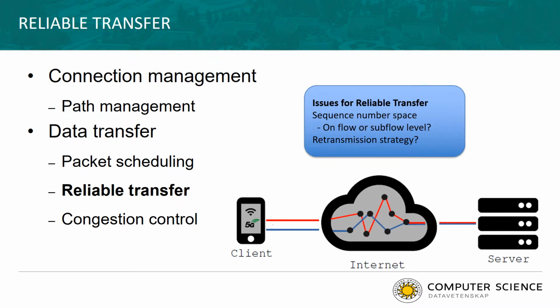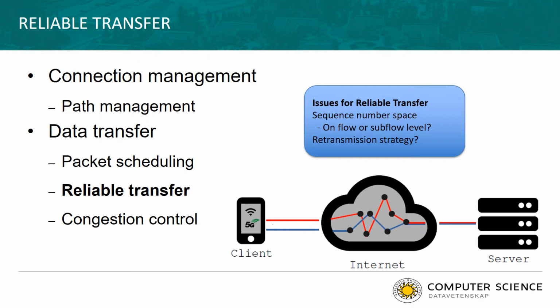So in previous lectures, we have introduced the key concepts that need to be considered when designing a multipath transport protocol. We have to deal with the connection management and how we manage the different paths. And related to the data transfer, we have to deal with the packet scheduling, how to ensure reliability and managing appropriate congestion control. And in this lecture, we will take a closer look at the last two concepts, starting with